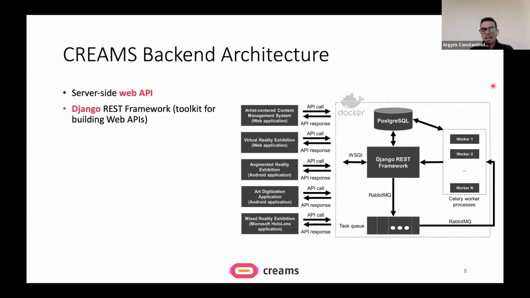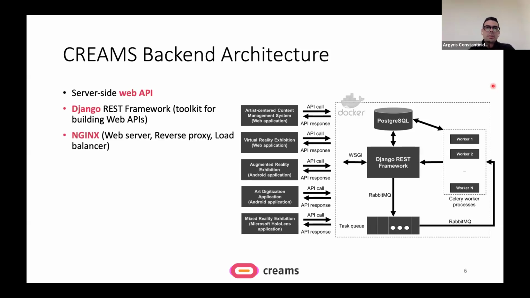First of all, the platform and the backend is implemented in the Python programming language using the Django REST framework, which is one of the best toolkits to use when you would like to implement such a server-side architecture.